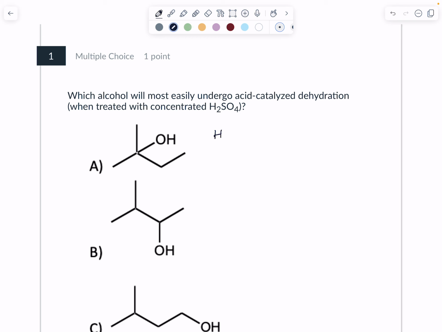So H2SO4 is essentially just, you can treat it as H plus and H2O. Because it's an acid, and when you add acid to water that's more acidic than water, it will become H3O plus and HSO4 minus. And if you're not sure which one of these would be favored, you can look up the pKa of each, which is something that